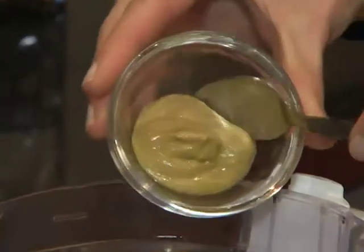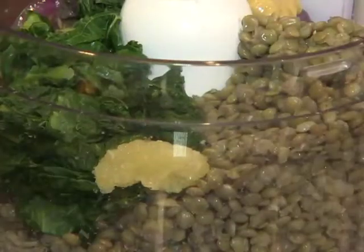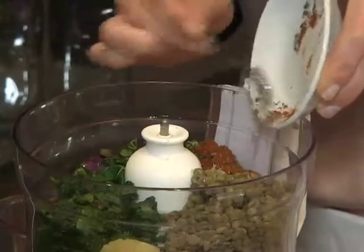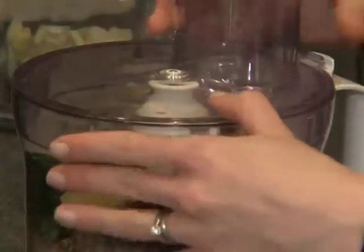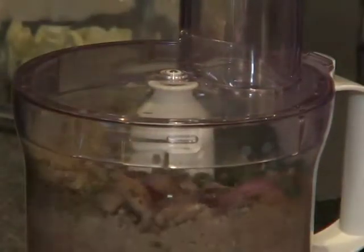And then I've got mustard and garlic and some fresh thyme, rosemary and some smoked paprika that are going in for flavor. And then I'm seasoning with salt and with pepper, a drizzle of olive oil, and then I'm pulsing this all together just to mix it slightly. Be careful not to overmix, as this can make the patty mixture too soft and mushy to shape, and it